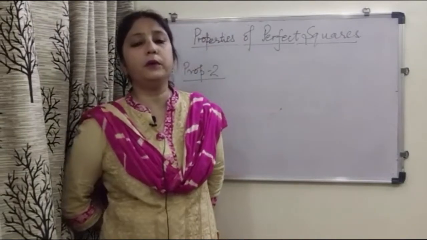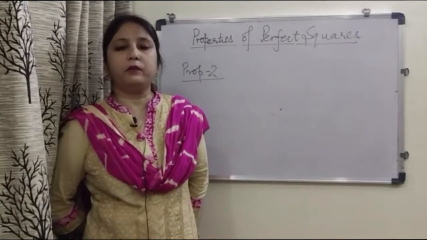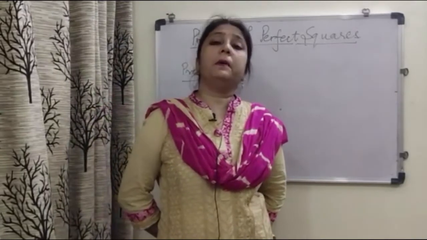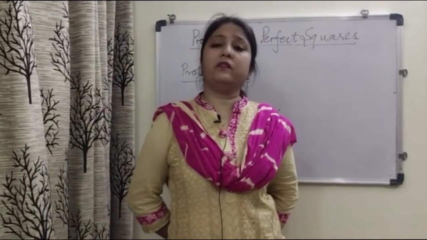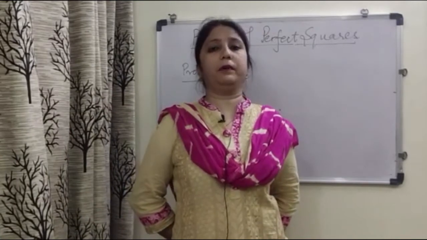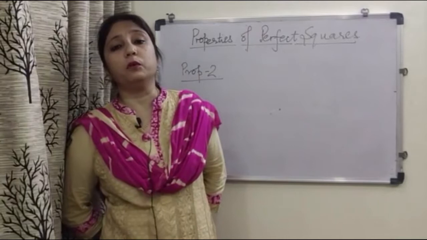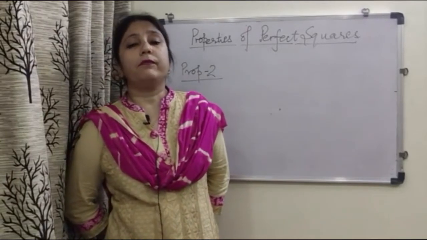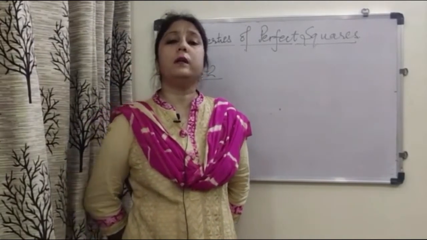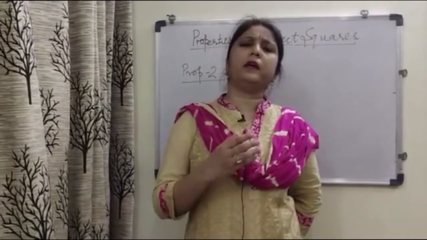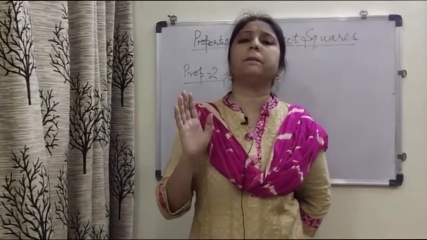As I have told you, 0 is a special case. For a number to be a perfect square, it must have an even number of zeros. If a number is ending with an odd number of zeros, you can straight away say no, it is not a perfect square